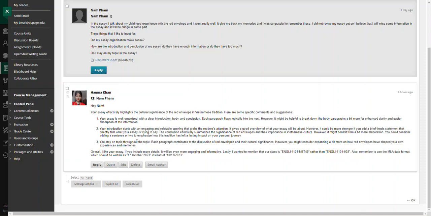Remember now, the important part of the peer review is how does the draft meet the objectives, the instructions of the assignment? Is it emphasizing the cultural artifact as significant personally, how it's contributed to their identity, right? Shaped the individual writer, who they are. And if you have any questions about the draft and if it's accomplishing that, then you should raise those as